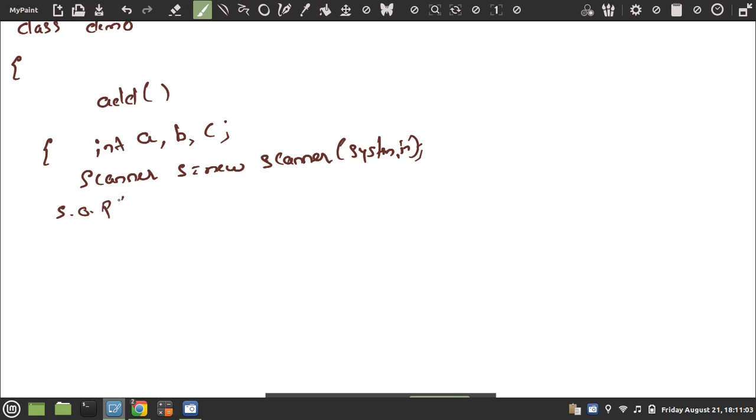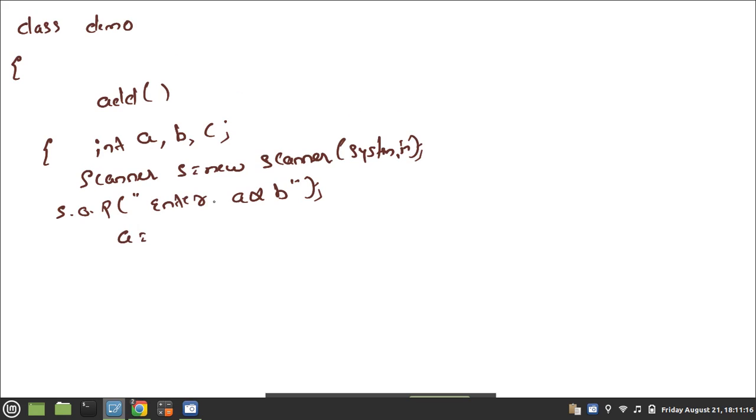SOP, enter A and B. So A is equals to, because this is a local variable it can be accessed directly. A is equals to, what is the scanner class object? s dot next int.